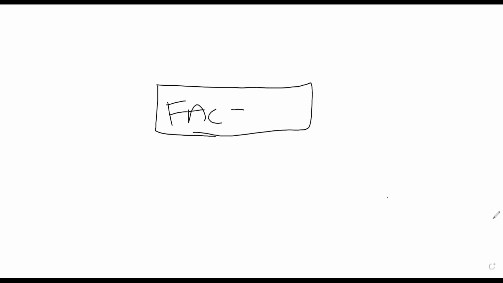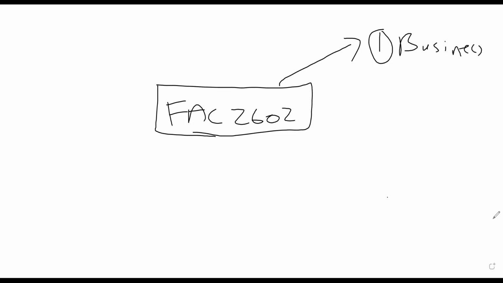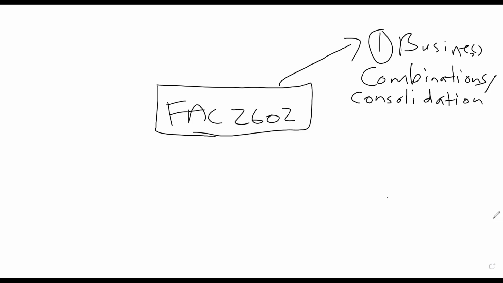So now, FAC 2602 is a module structure that is made up of two essential aspects. Number one, business combinations, which I will introduce to you today. Business combinations are also commonly known as consolidations or business consolidation. The majority of the learning units or topics that I'm going to outline, as I take you through the PDF document, all fall within this umbrella of business combinations, or what we call business consolidation. And then secondly,